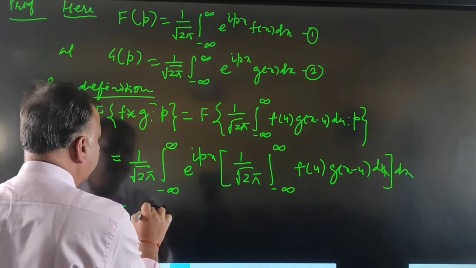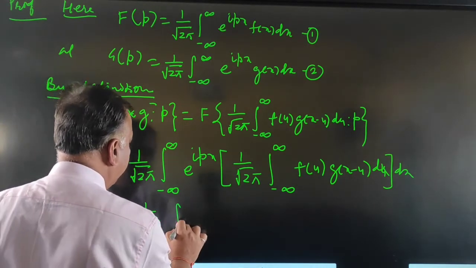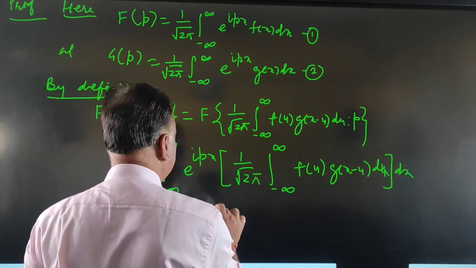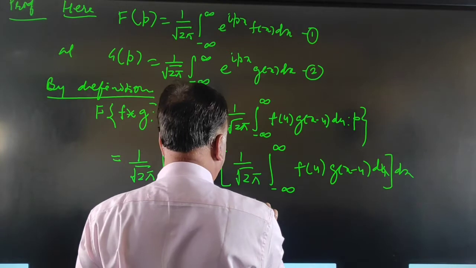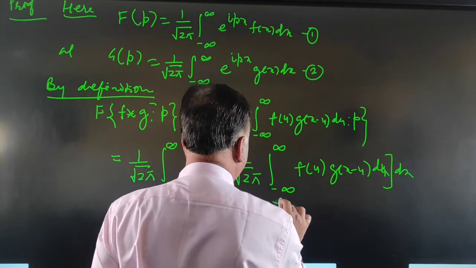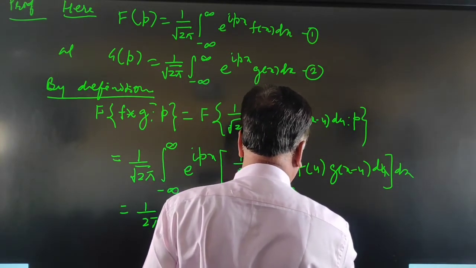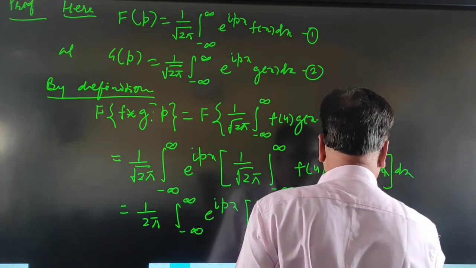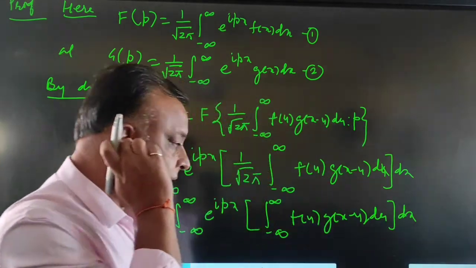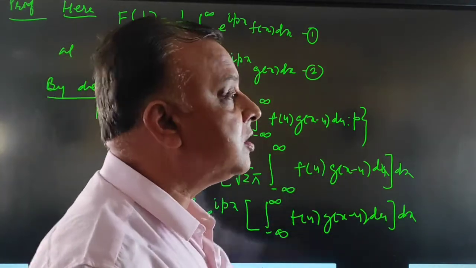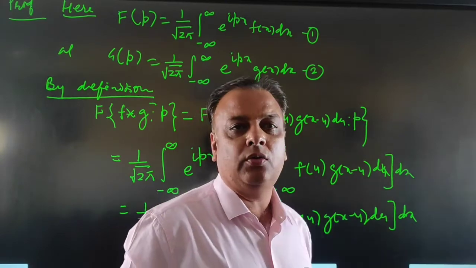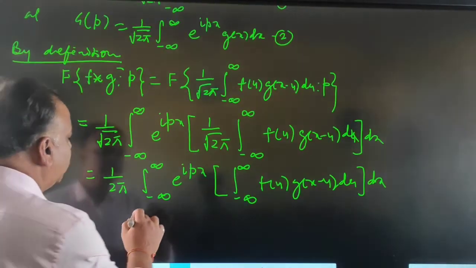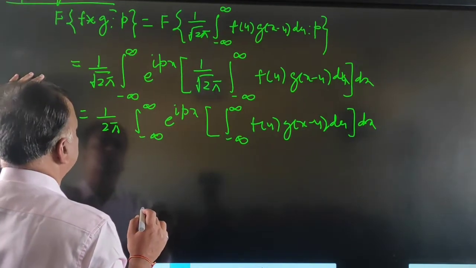Or we can write it as 1 upon 2 pi integral from minus infinity to infinity e raised to iota px, integral from minus infinity to infinity f of u g of x minus u du, dx. Here we have to integrate first with respect to u and then with respect to x. Now if we change the order of integration,